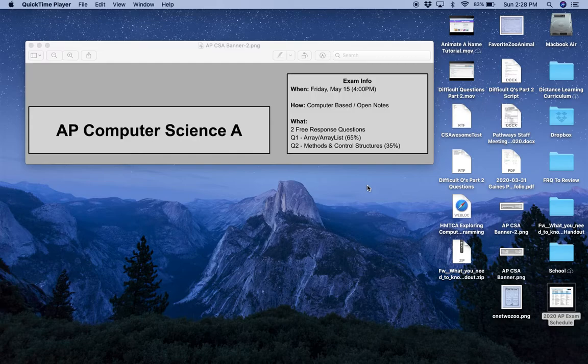Now, the way I'm gonna review for this is I'm actually gonna start with question two: methods and control structures, and just writing classes. The reason for that is that any question you do is going to use methods, and a lot of them are going to use control structures like if statements and loops. So I'm going to start off with this category of questions, and then I'm going to end up with arrays